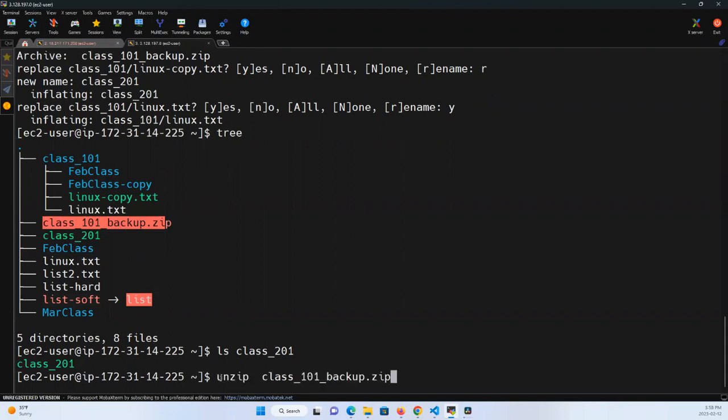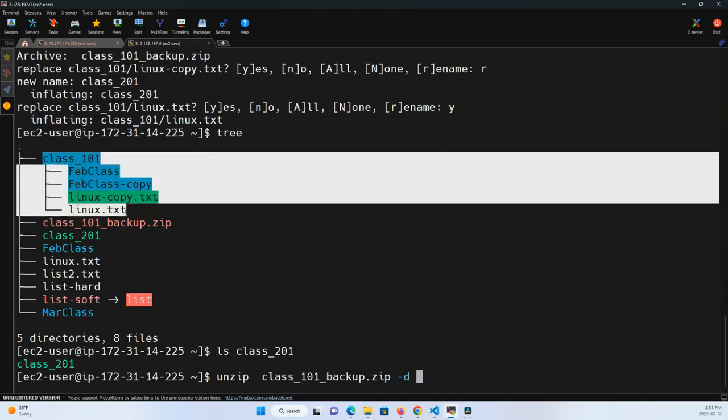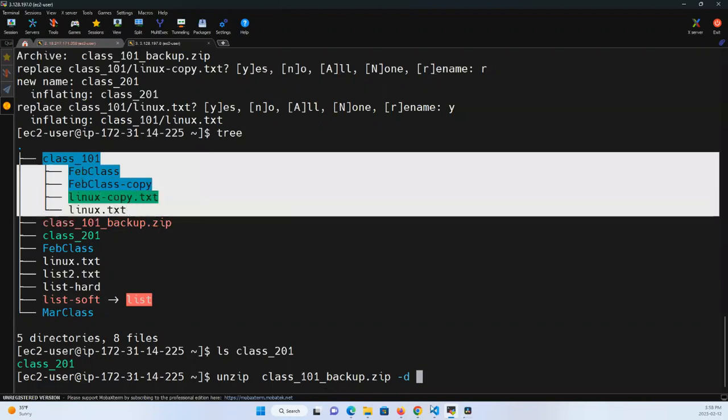And specify, I want to use unzip, still here to be unzipped. I want to go and specify a directory where I want to dump it. The reason why we're having that conflict is because this class 101 still exists here, okay? So there's a conflict. So if I go to a different directory, let's say I don't even want to go